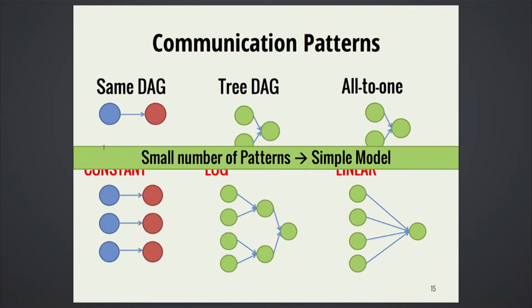Some other common patterns we see are a tree aggregation pattern, where if we start with n partitions, then you have a log structured tree aggregating towards one partition. This is, for example, found in a lot of the aggregation-oriented queries that people run. And lastly, we also see some linear patterns, where if you have n partitions of data, all of them are communicating to one machine. A broadcast variable would have this linear pattern, or even some of the reduce operations that you might run in something like Spark. So the key insight with seeing a small number of patterns is that we can build a very simple model if we're able to capture these patterns in our performance model.